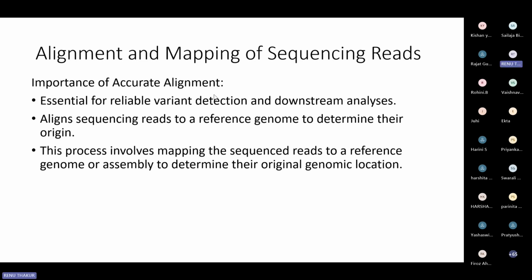So this is one of the crucial steps to identify the origin of the sequence, from where the organism or the gene of an organism is established, how well the sequence is performed, and what is the phylogeny of the organism. In multiple aspects, we are just going to align and map the sequences. So how is it done? You'll be having this